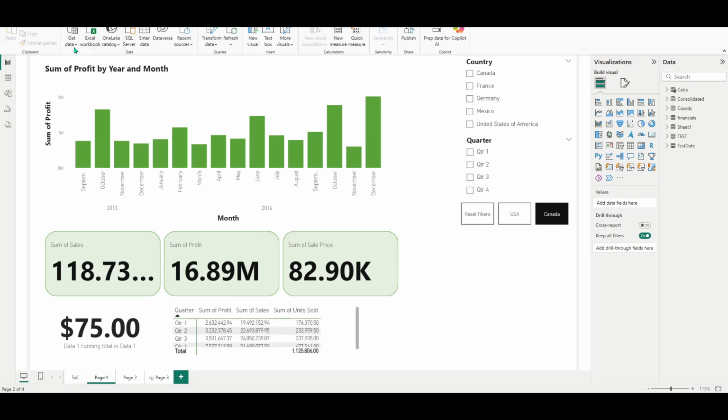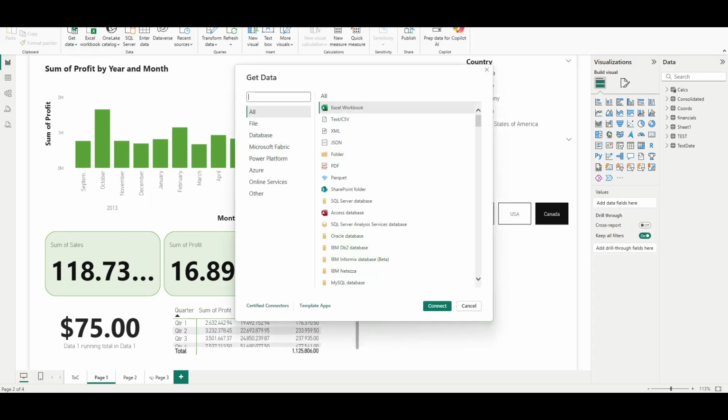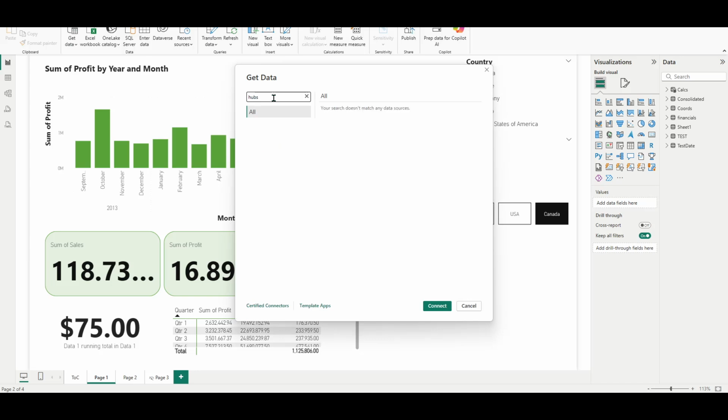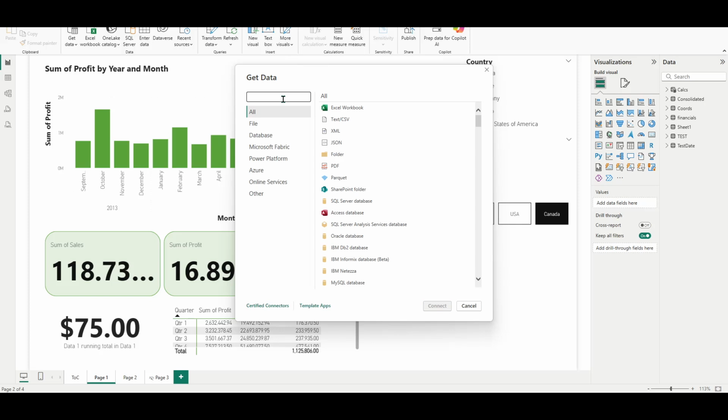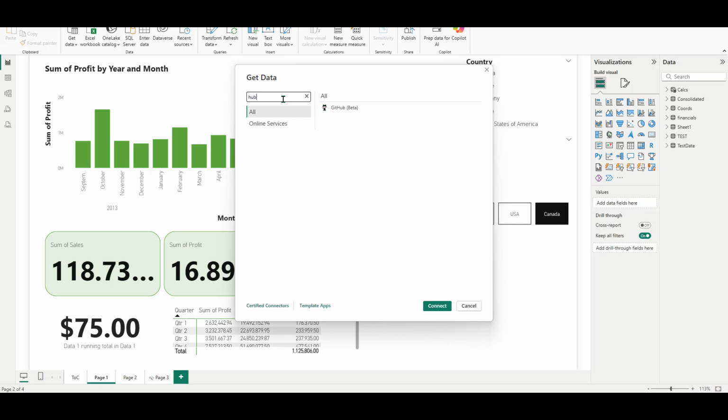the rest. Next, in the search bar of the Get Data window, type HubSpot. You'll see the HubSpot connector appear in the results. Select it, then continue. Using the built-in connector is important because it manages the connection in a secure, supported way, and it understands the structure of HubSpot data. If you don't see it, make sure your Power BI Desktop is up to date, since new connectors are added